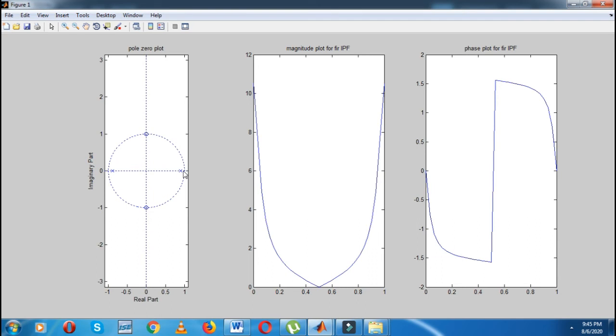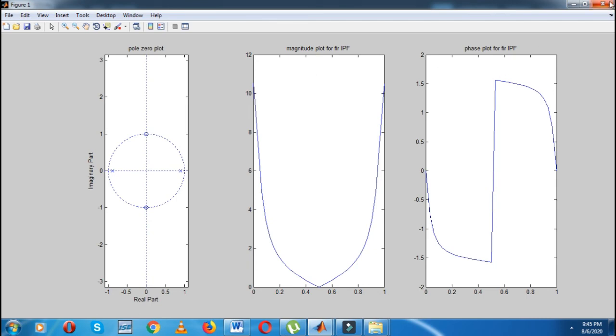Here also you can see, from this pole to this zero, whatever the frequency is there will be passed, then from the zero to this pole, the frequency will be rejected, again from this pole to the zero, the frequency will be passed, from this zero to this zero. Means what? Initially the zero rejects the frequency and the pole passes the frequency. So that is nothing but a band reject filter. You can understand this filter response from the magnitude response and phase response.